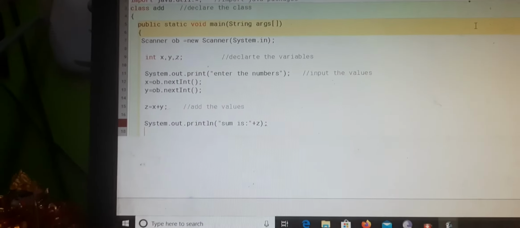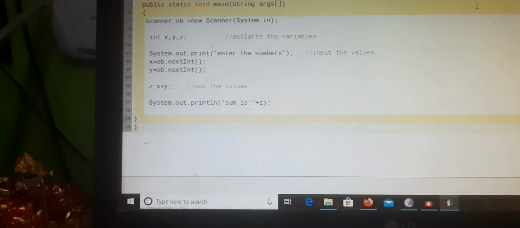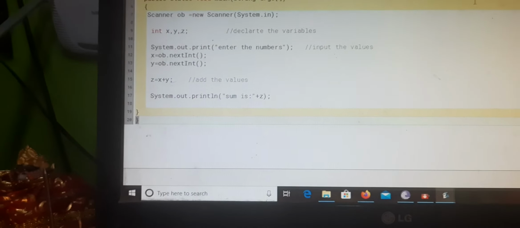Then you have to write the closing braces of main and the closing braces of the class.